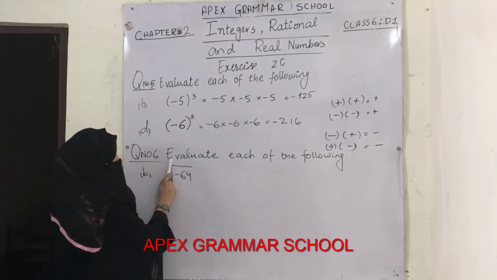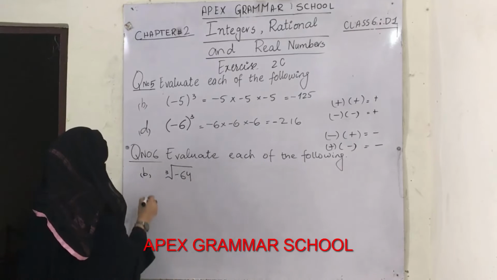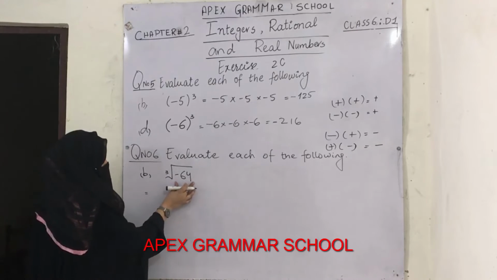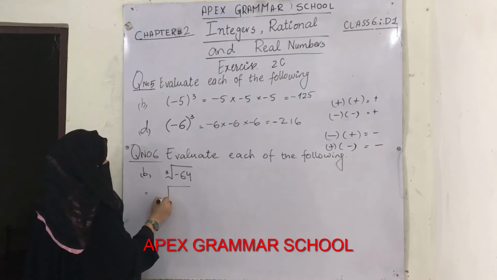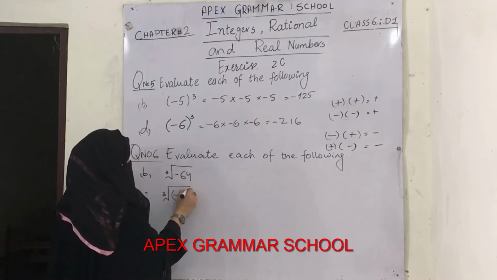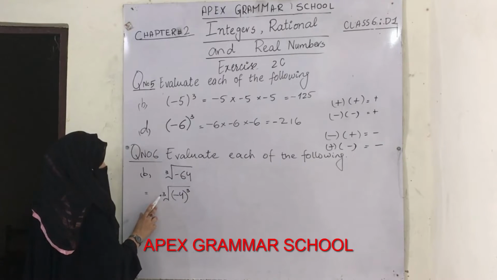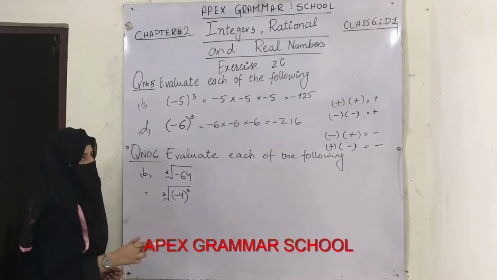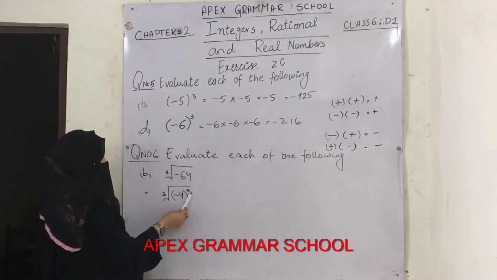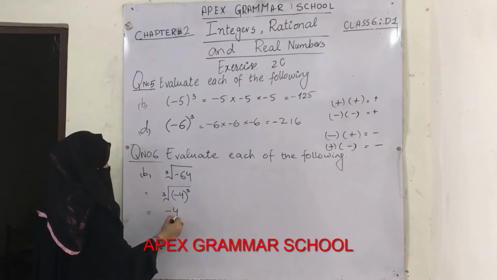Question number 6. Evaluate each of the following. B part, cube root of minus 64. Because we have a cube root, I have to write minus 64 as the cube of some number. So I am going to write minus 64 as the cube of minus 4. The power cancels with the equal amount of root. If it was a square, it would be cancelled with the square root. Because we have a cube, it will cancel with the cube root. So you will get minus 4.